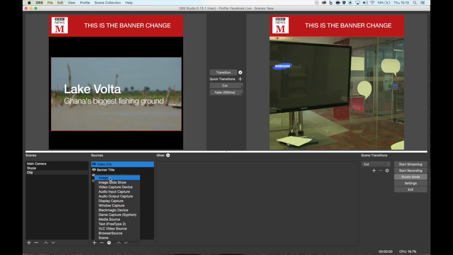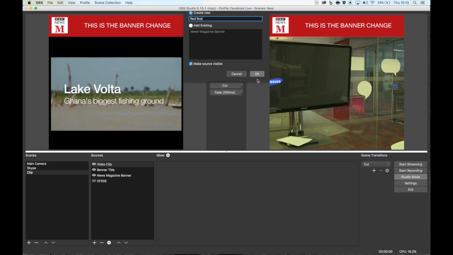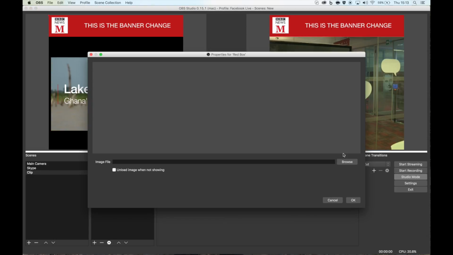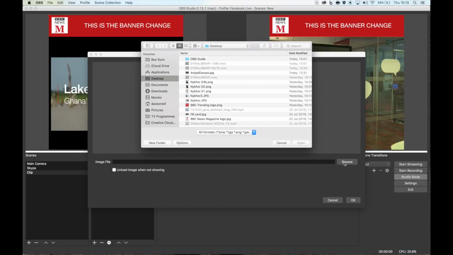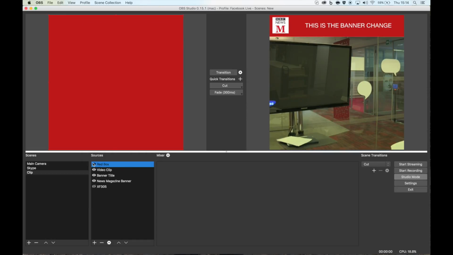So I'm just going to add a new image into here and add in a red box I've made. Again, just made in Photoshop with the BBC Red color palette. And I'm just going to slip that behind the video. And now when I bring this layer in, you'll see that it jumps straight to the top of the sources, and a bit like Photoshop layers, anything on top will cover anything underneath. So I'm going to take that layer and drag it to the bottom of that pile, and there it sits